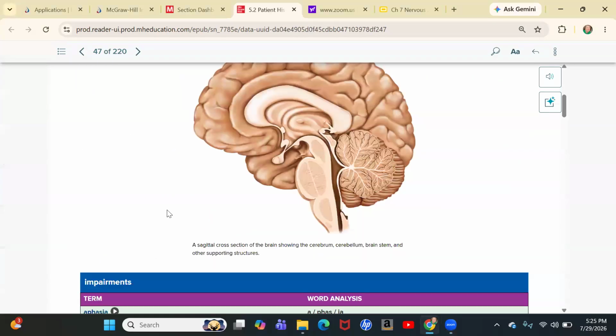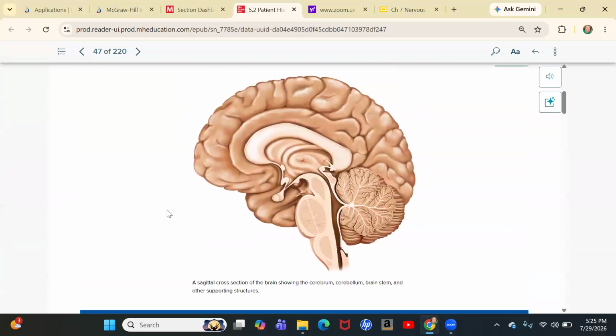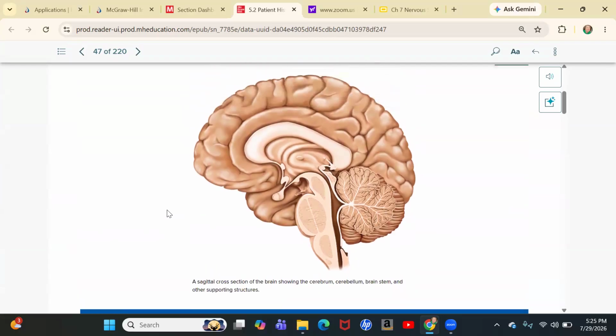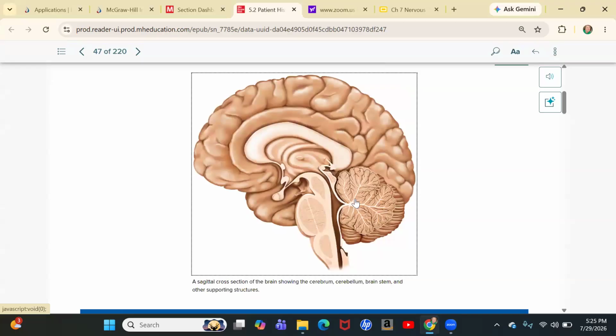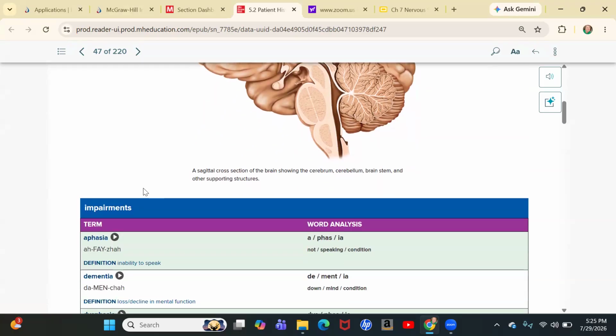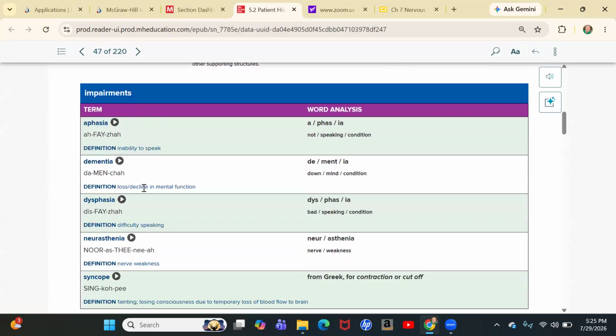Okay, so problems that can go wrong with the brain, some subjective terms that we may use when dealing with the brain. This is a sagittal view of the brain, your cross-section sagittal view of the brain, where you can see some of the internal anatomy. You see the cerebellum that we looked at earlier, you see the cerebrum, and within here you see your pineal gland, the different areas of the brain stem, the pons, and you see the different ventricles inside here. Just some interesting anatomy with the brain. Kind of makes the terms come to life when you see them.